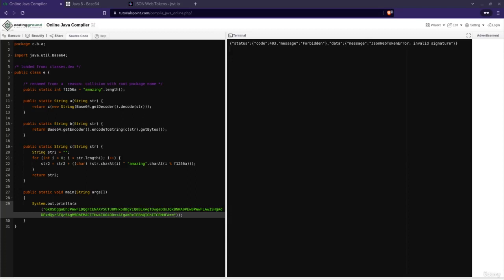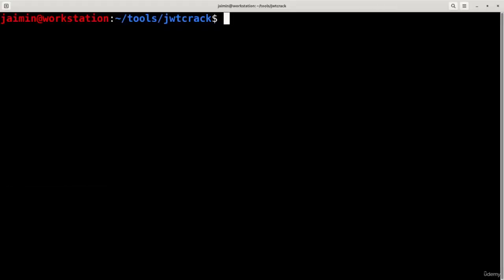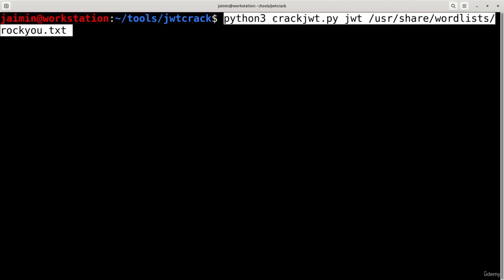that string. So there are multiple tools available in the market to do this task, but for this example I am using the crack JWT tool. So I have that open over here. It is built with Python. So this is the command: python, this file crackjwt.py, and this is also a file, jwt, where I have kept